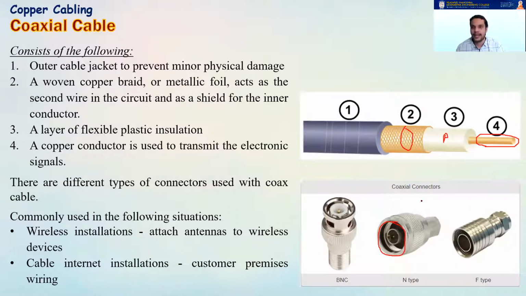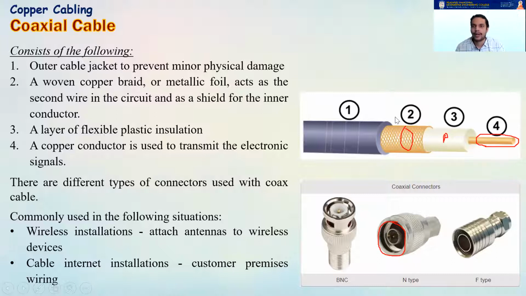We use BNC connectors, bayonet Neill-Concelman, or British Naval Connectors, to connect these. The coaxial cable's main purpose is to connect cable TV, and we can also use it for wireless installations, where this cable is used to attach the antennas to your wireless devices. So this is regarding your coaxial cable.